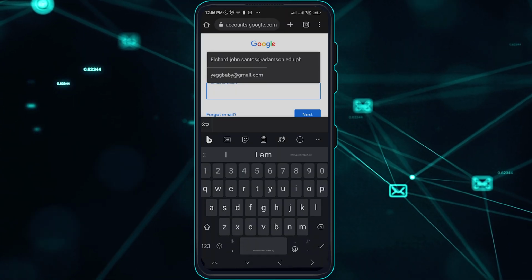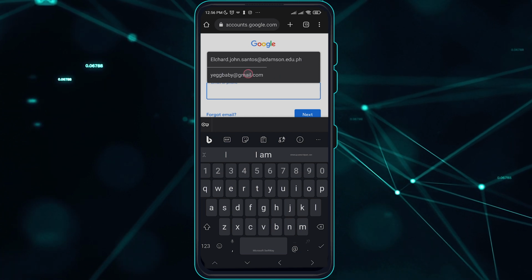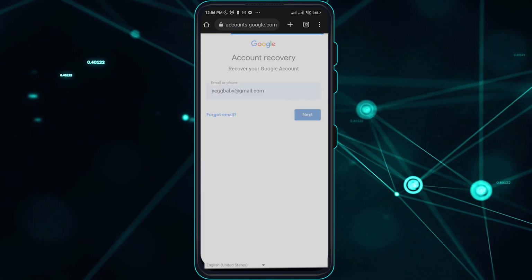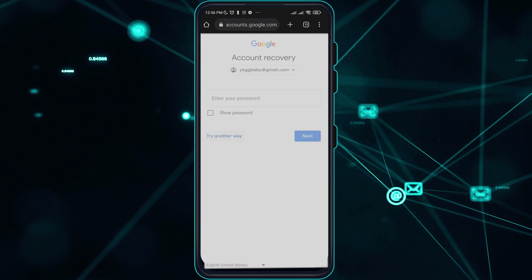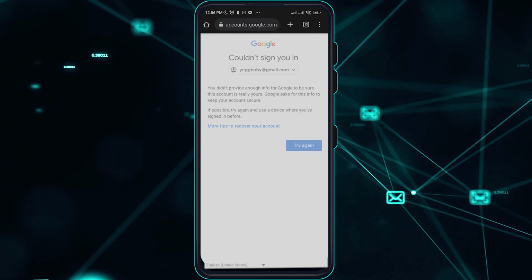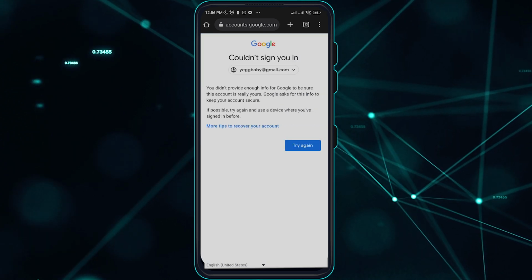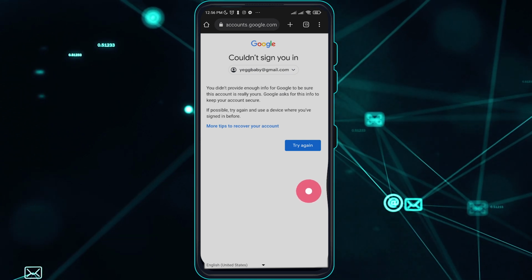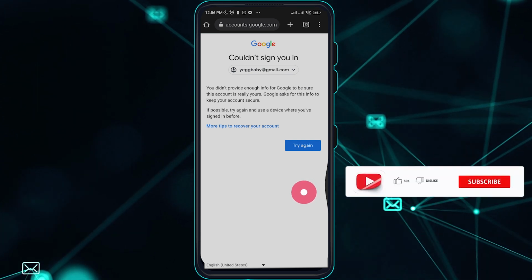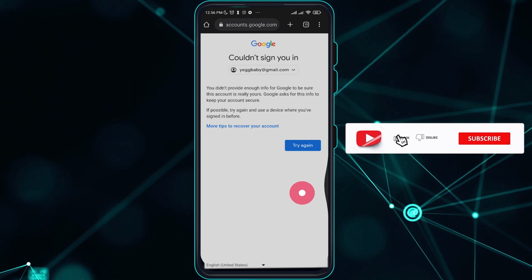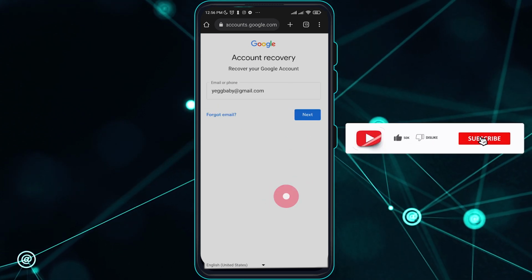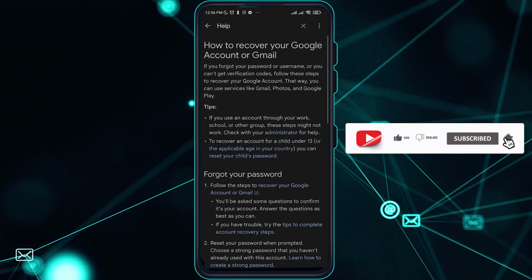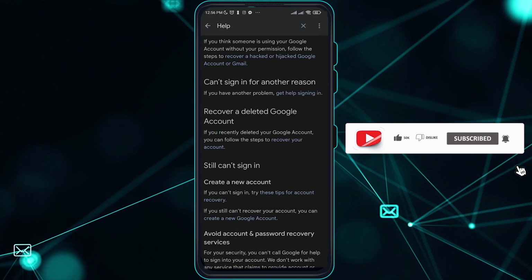And over here just go ahead and type in your email again. Try another way. And as you can see, this email is not mine, but you just have to go ahead and make sure that the email is logged into your device before, so you will have a high chance in recovering your email without the need of your